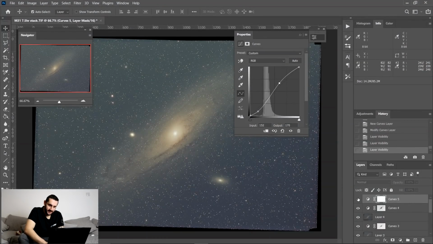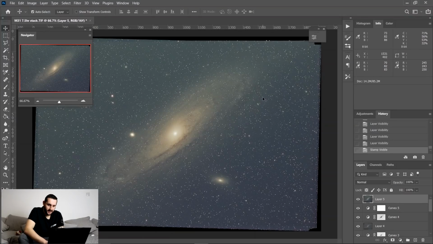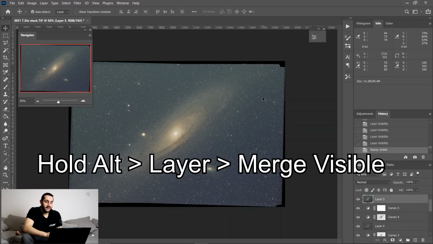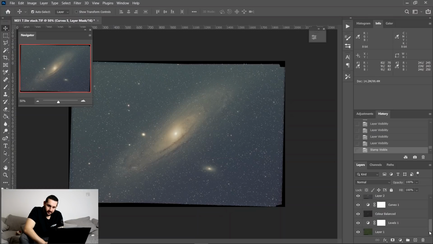And you notice I didn't mask that one because I want to bring a bit more detail into the middle. And then I'll click OK. So I'm going to do the stamp visible, Control Alt Shift N plus E. I use this shortcut a lot because honestly I don't know how to do it through the menus. Okay, so if I group all these up,